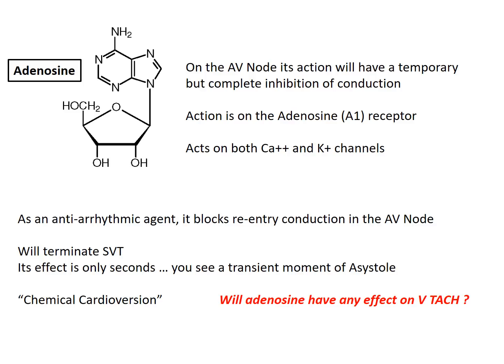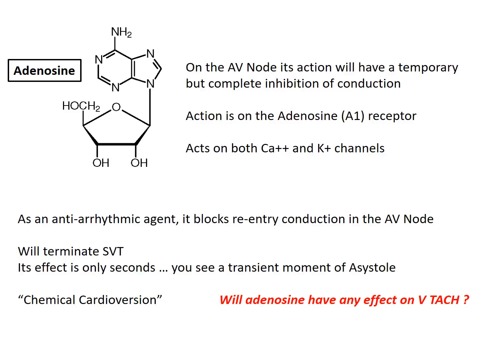Adenosine is in its unique class. Adenosine is a drug that can have a temporary but complete block, completely inhibit conduction through the AV node. It does that at a receptor called the adenosine 1 receptor. And when it does that, it inhibits ion movement temporarily through calcium-potassium ion channels. So its effect is to temporarily stop all conduction in the AV node,